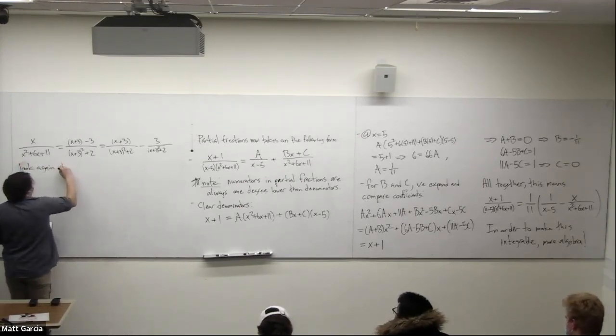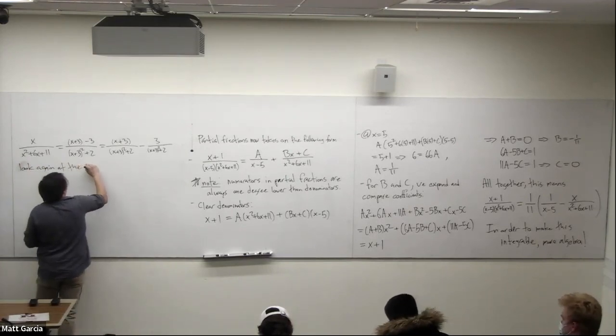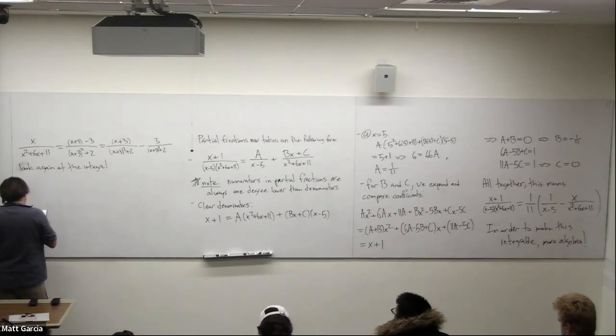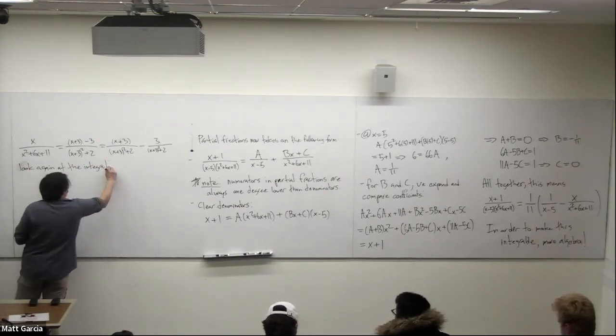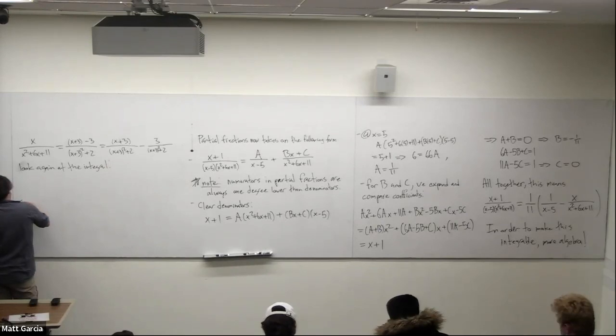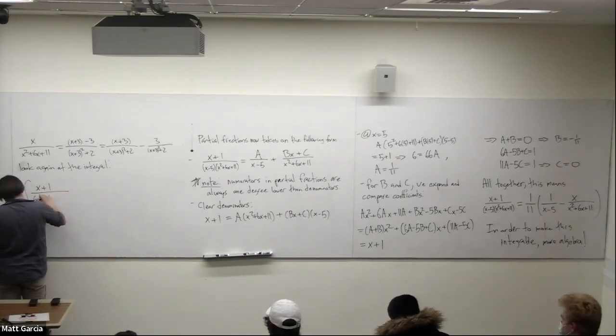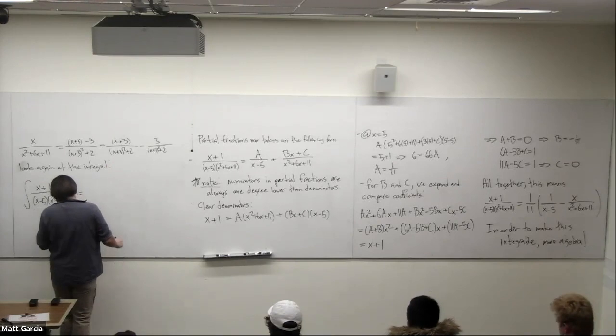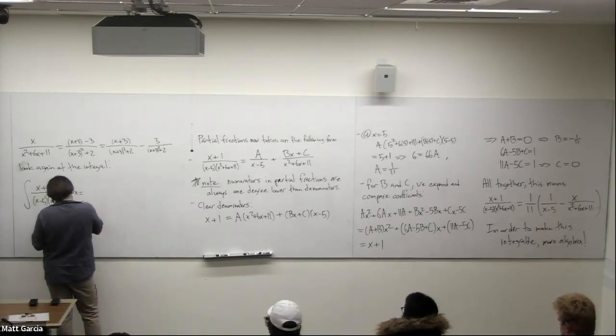Look again at the integral. Let's combine all the information that we have. So the thing we originally wanted to evaluate, the integral of something over x squared plus 6x plus 11, we can now say is equal to